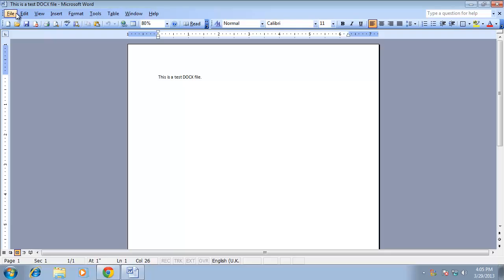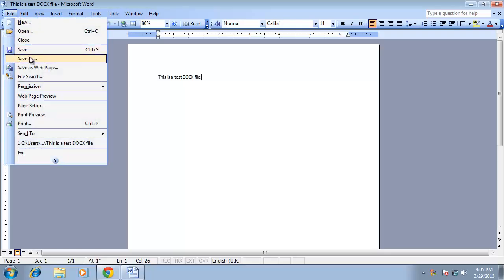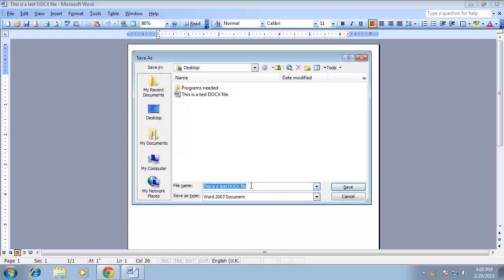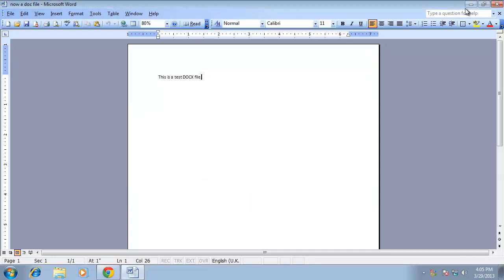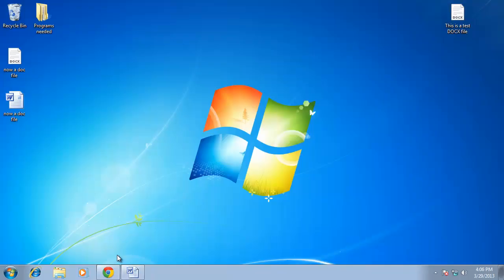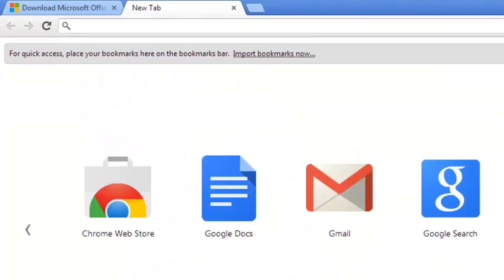To convert this to a doc file, click File, then Save As, and by default, the file will be saved in the older format. Alternatively, if you just need to convert the occasional DOCX file, it can be easier to do so online. Open your preferred internet browser and visit the website